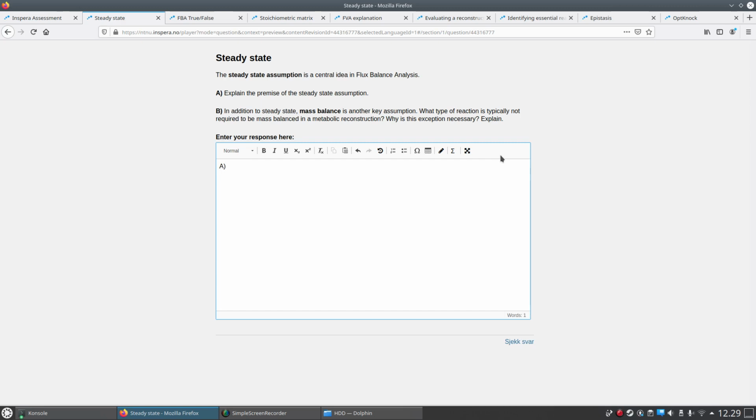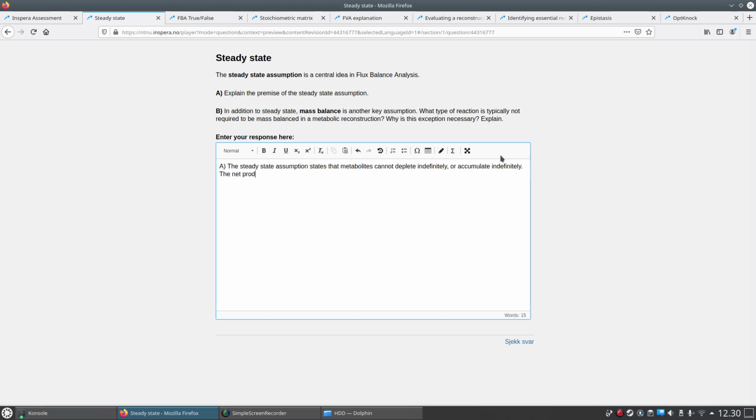Basically, the steady state assumption states that metabolites cannot deplete indefinitely or accumulate indefinitely. Essentially, since the cell is in a steady state, the net production of each metabolite,